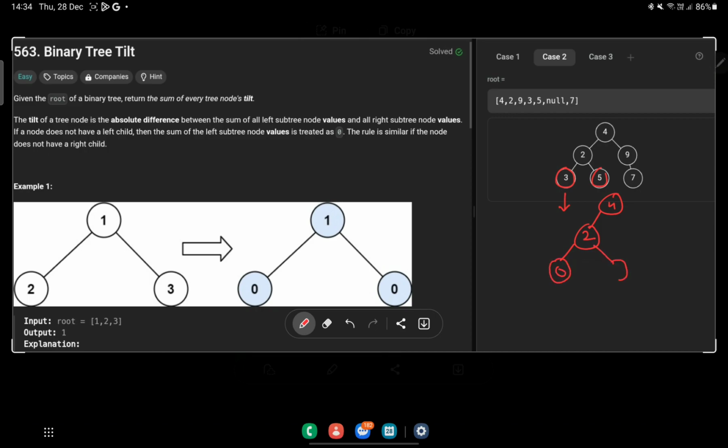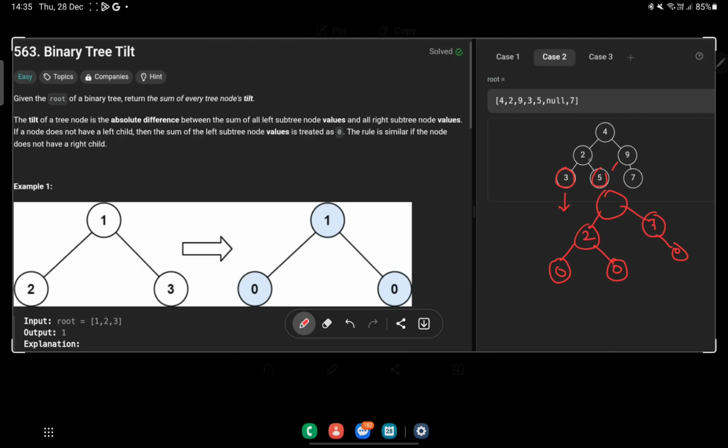The right child is 5, so we replace it with 0. And here 9, as the left child is 0, we replace the 9 with the right child value, that is 7, and the right child 7 will become 0. And finally the 4 will become,